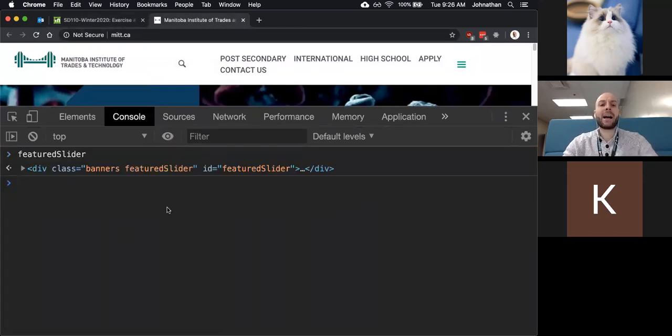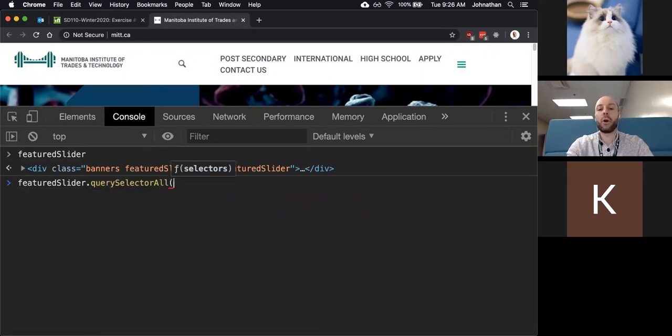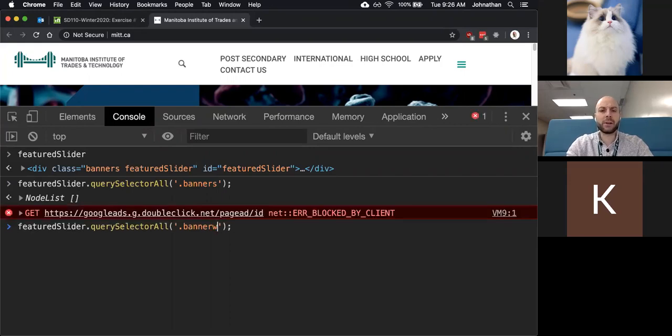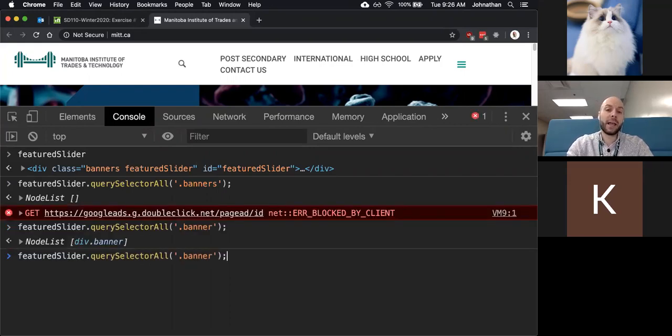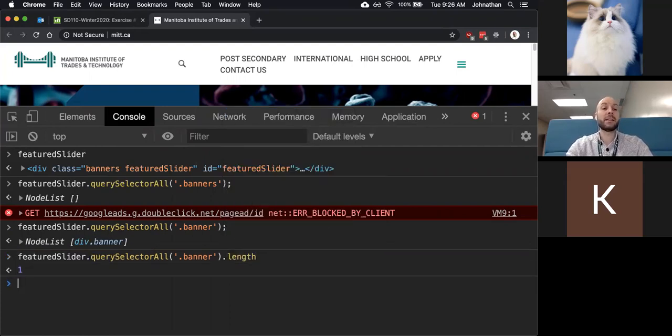Okay, and I would have then said query selector all dot banners, and I would have scoped it. Is it dot banners? Dot banner. And we would have got a node list of multiple banners, but we're only getting one. I would have assumed you remembered that because it is a list, some sort of collection, it has the